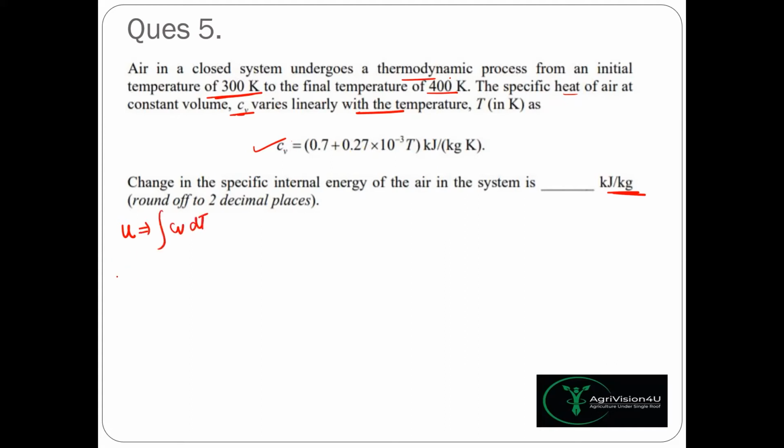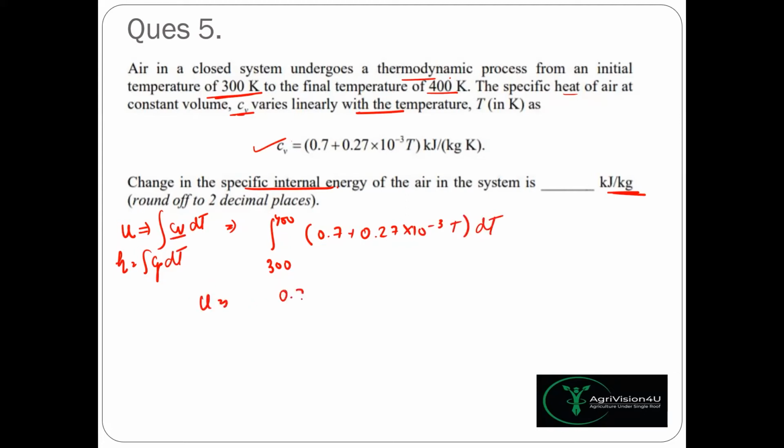Integration of Cv dT. If it would have asked about specific enthalpy, then it would be Cp dT, right? But here we are talking about specific internal energy, so we need the constant volume specific heat of the air, which is already given. So all you need to do is integrate it. With respect to temperature, from the lower limit 300 to the upper limit 400, putting the Cv value over here, that is 0.7 plus 0.27 into 10 to the power minus 3 into T into dT, right? So let's just integrate it. On integration, we'll be getting 0.7 into T plus 0.27 divided by 10 to the power 3 into T square by 2. From 300 to 400, on putting the limits, we'll be getting 0.7 into (400 minus 300) plus